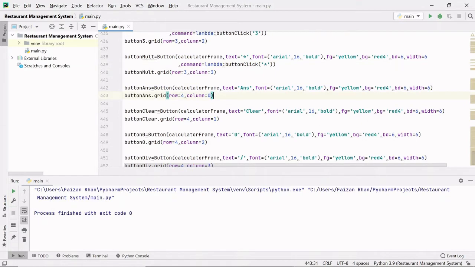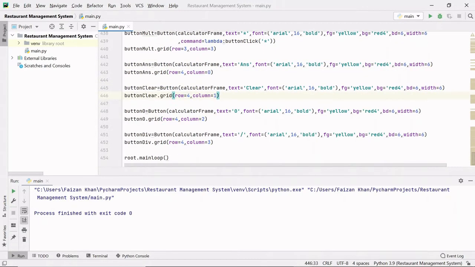Then for the answer button, we will have a different function, and then for this clear also a different function.